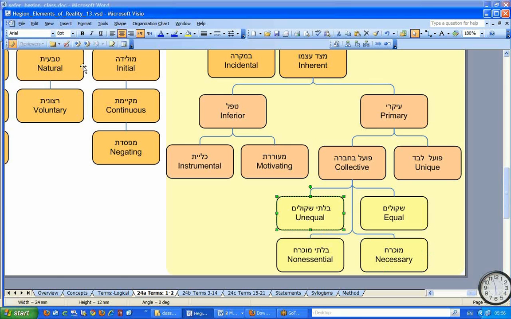And really, it was only the second one that was the malida, because as far as the bor is concerned, they both did it. Now, Melida you have here in English as initial. I don't like the word initial. I understand why it was picked, but Melida means it gave birth to the result.